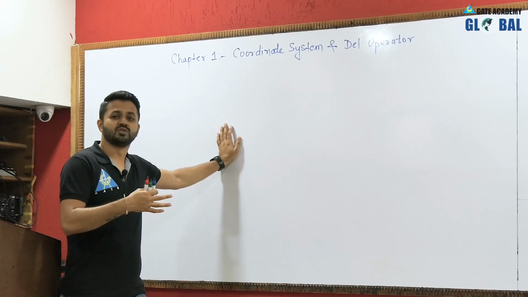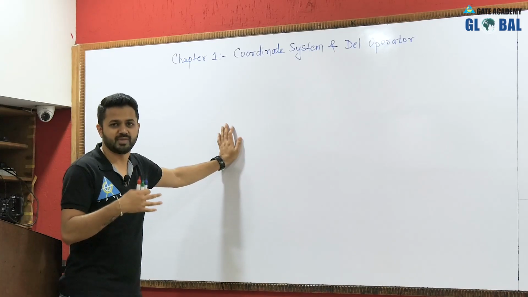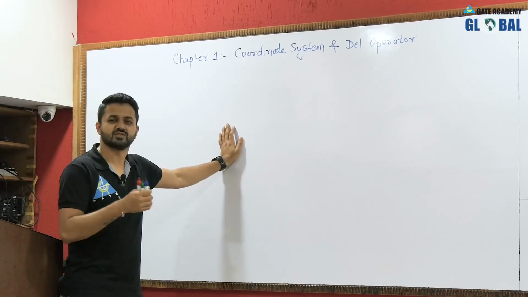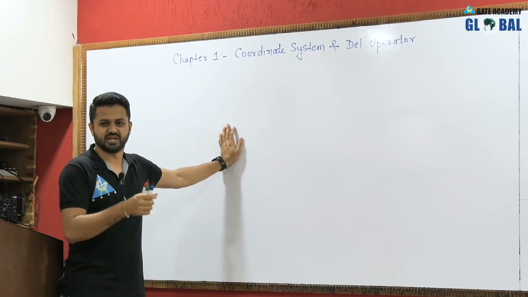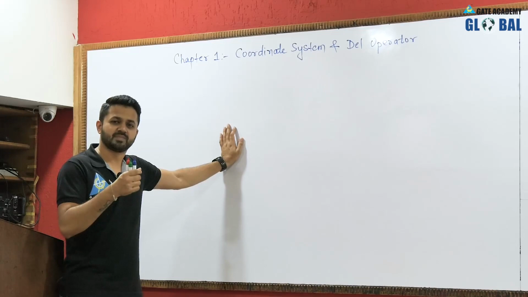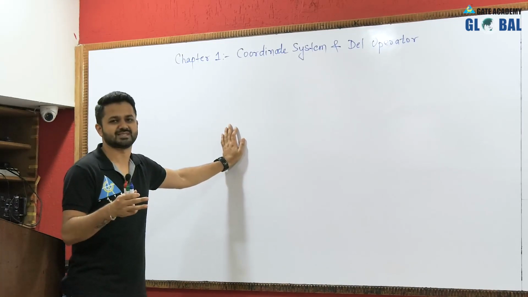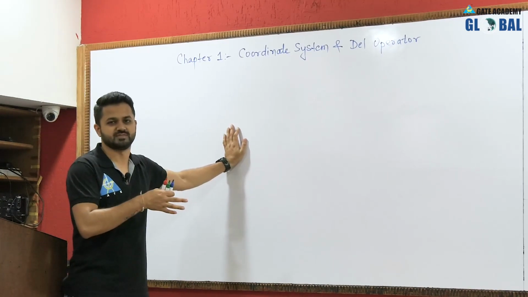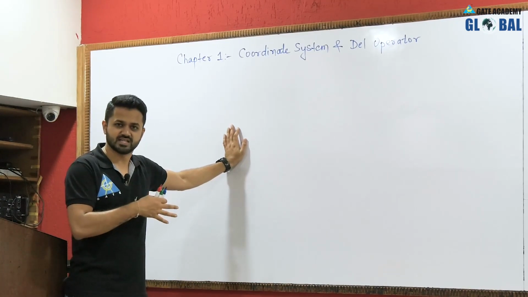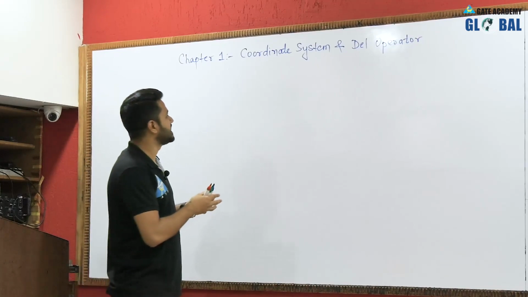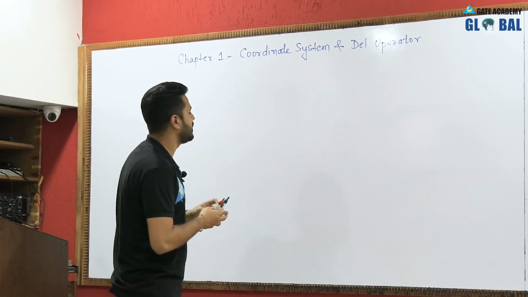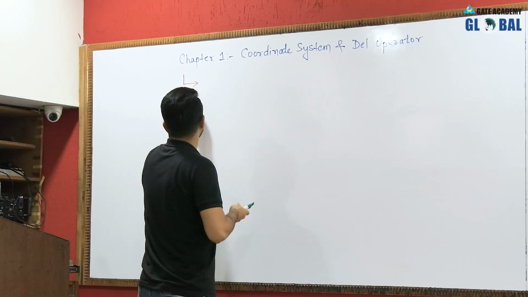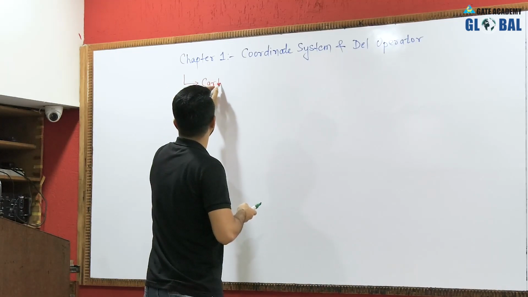And if you say that you want to solve many questions from this particular subject, then what you have to do is prepare the plane wave propagation. As I told you, plane wave propagation, transmission line, waveguide and antenna are the major chapters of this subject, from which questions are asked many times. So in this chapter, coordinate system and del operator, we will cover topics like the Cartesian coordinate system,